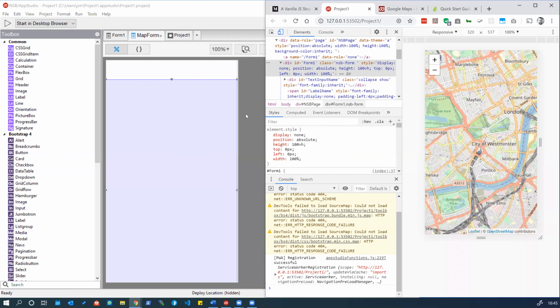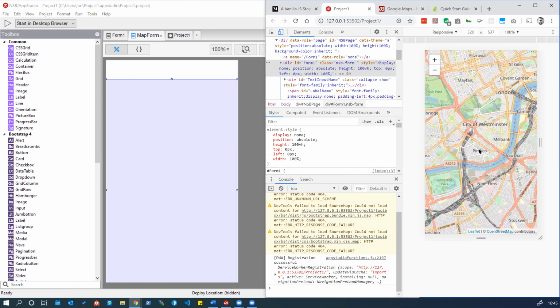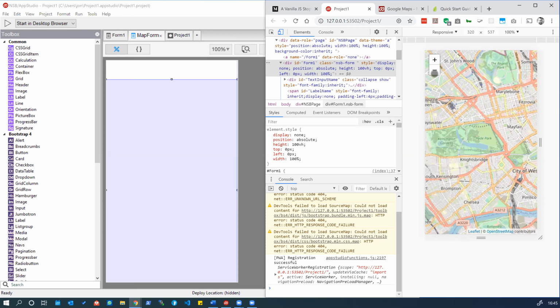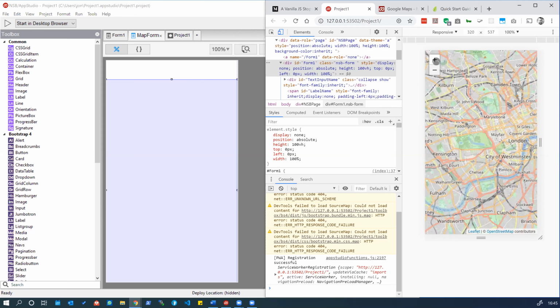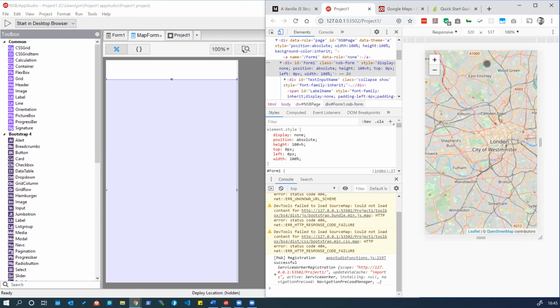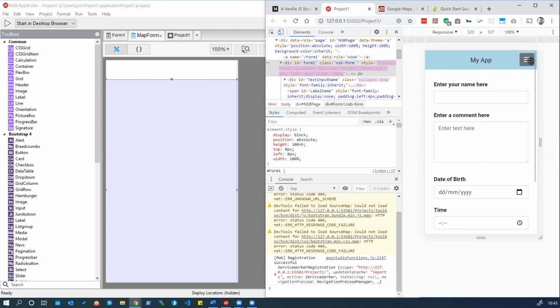So in a previous video, we have set up a leaflet.js map in our AppStudio app and successfully got it working like so. Unfortunately, though, we have a slight bug. You can see as we zoom in and zoom out, we're meant to have a top menu at the top of our app. So if I refresh and go back to the home page, we're meant to have this top navigation bar persistent